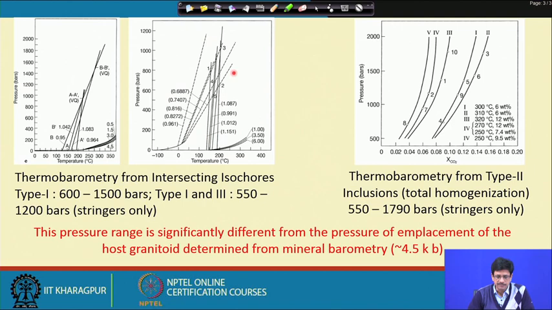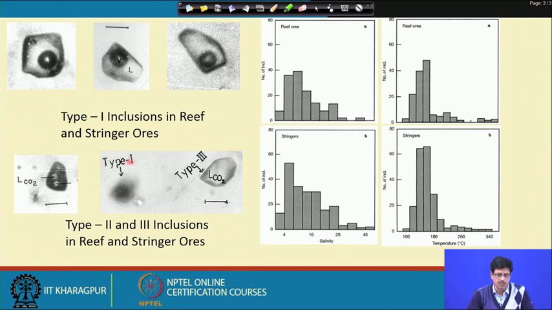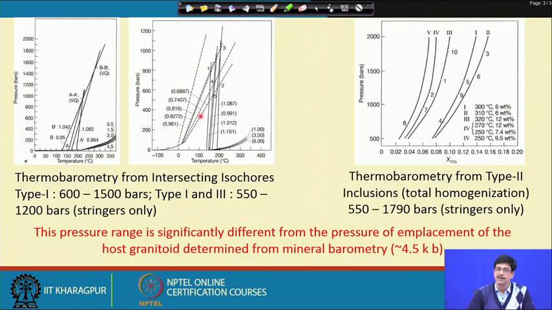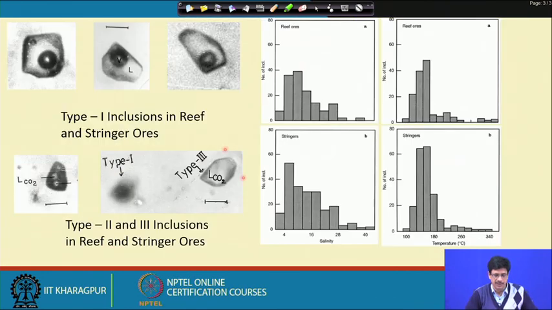And then this is the diagram with the photograph which shows the coexistence of type 1 and type 3 inclusions, like the one here. This is a type 1 aqueous biphase inclusion, and this is the type 3, that is a pure carbonic inclusion. And we know that under this circumstance, if we find them in the same grain of the host, as we can see in the photograph, they are very much on the same grain, just on a different plane. So this is why the type 1 inclusion is out of focus.